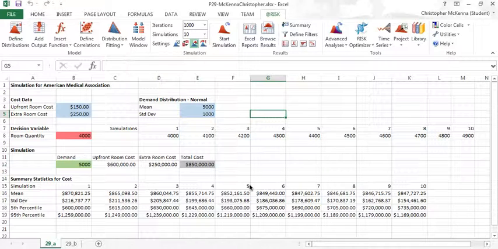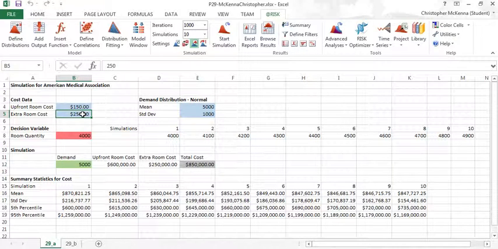And then at the time of the conference, if there are any extra guests that rooms were not booked for, they can book rooms at that time for $250 a night. So the problem lies that the American Medical Association wants to book these rooms at the cheapest cost to them. So the information that we're working with here in part A of this problem are those two costs: the upfront room cost of $150 that can be booked now, or $250 that can be booked at the time of the